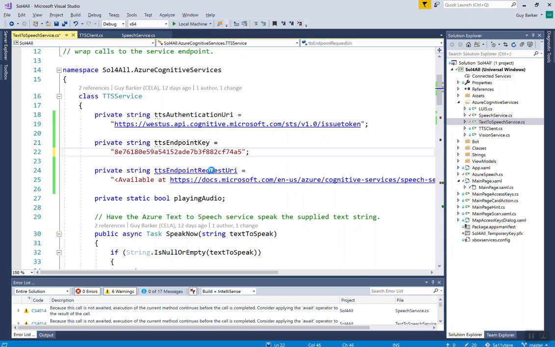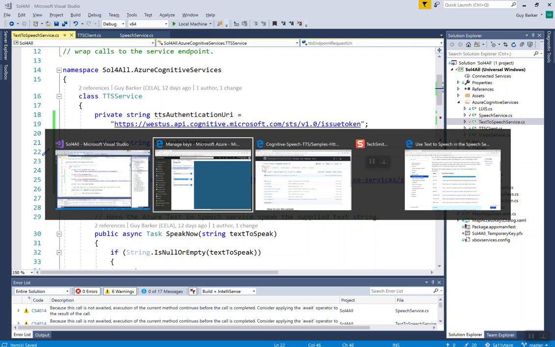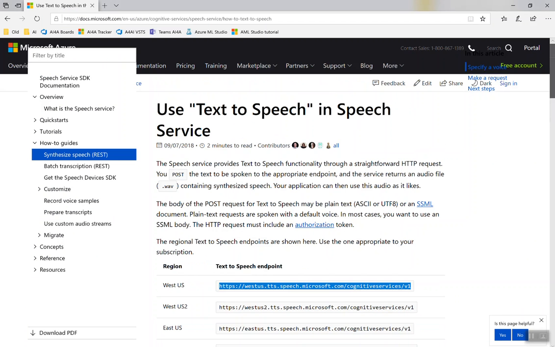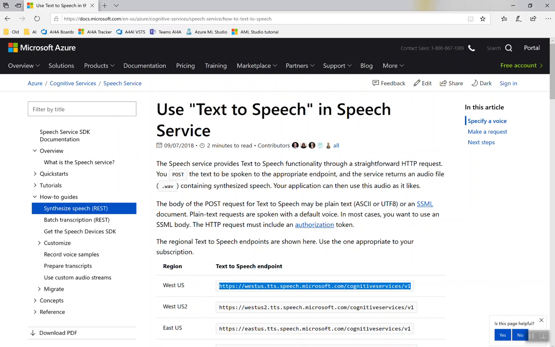Okay, and the final thing I need is actually an endpoint that will perform the TTS for me. The earlier endpoint was related to authentication, but then I need to make a request once authenticated. Now, to get that endpoint, I'm going to switch to docs.microsoft.com and a page called Use Text-to-Speech in Speech Service, because this page has a list of